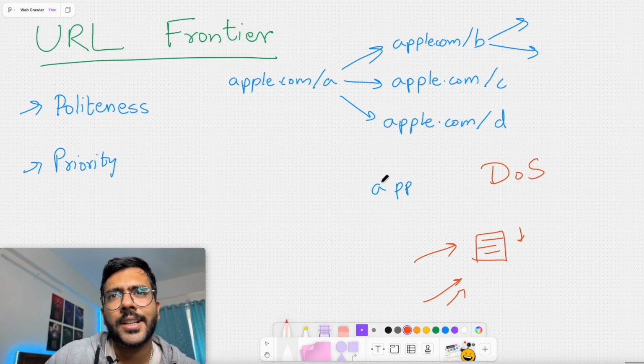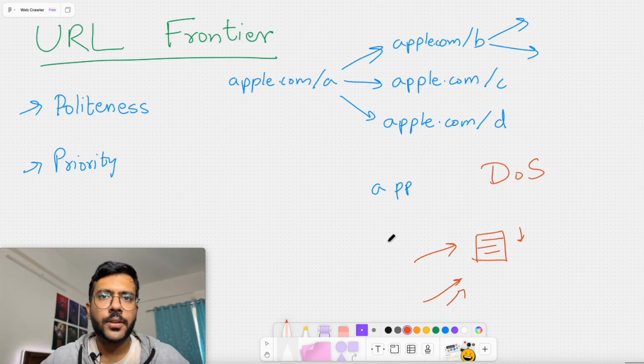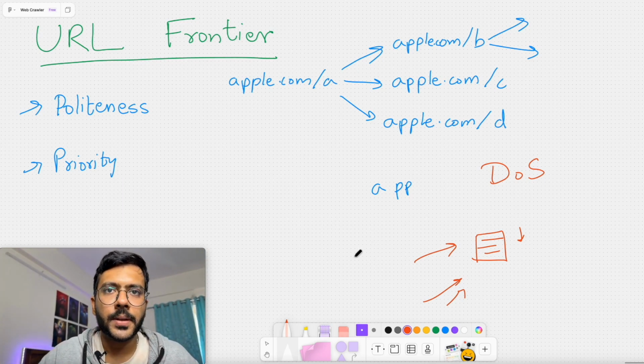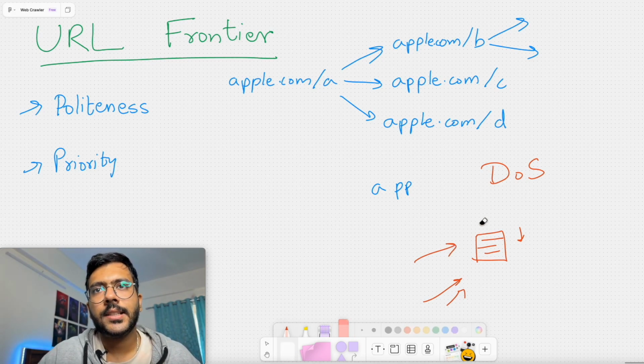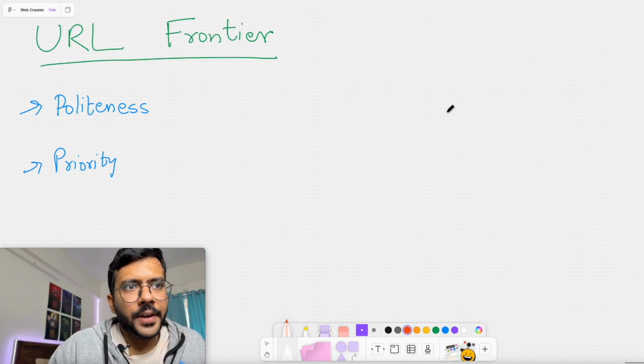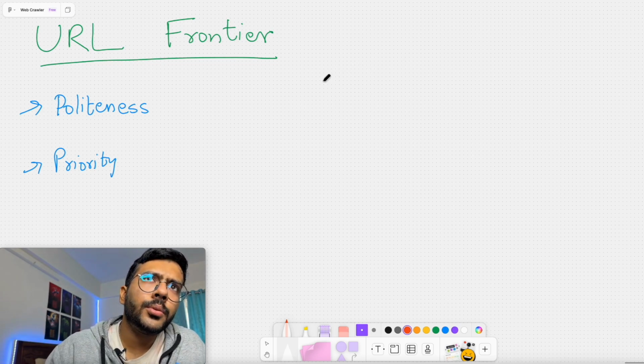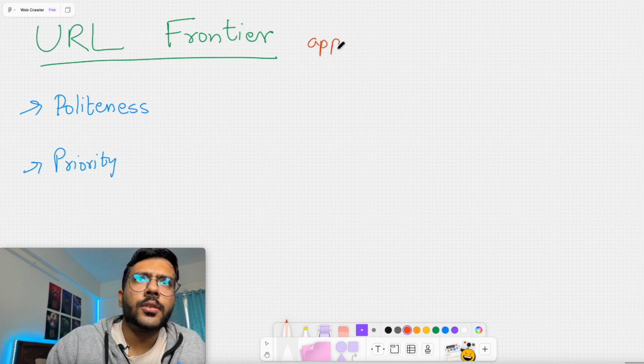So it is considered impolite or borderline cyber attack if you give too many pings to a server. So I don't want my system to send too many pings or crawl too many websites of a particular domain at the same time. So I need some kind of check to prevent this. Now one way to solve this problem is for each server or for each host, for example for apple.com, I